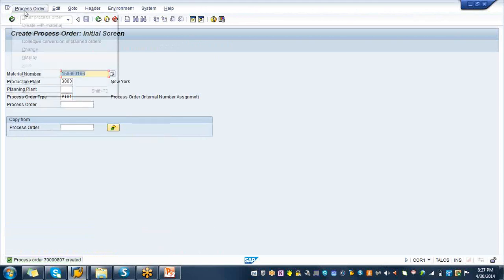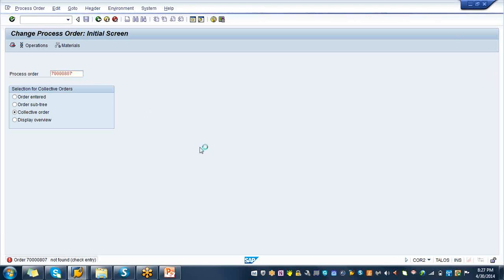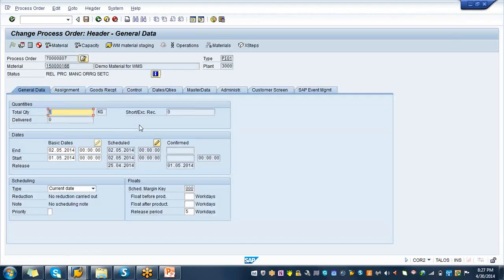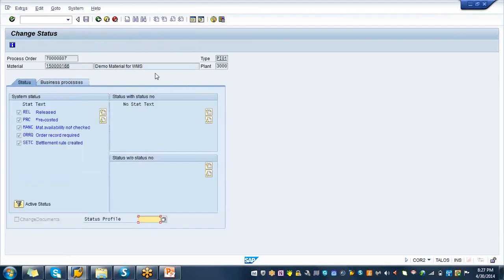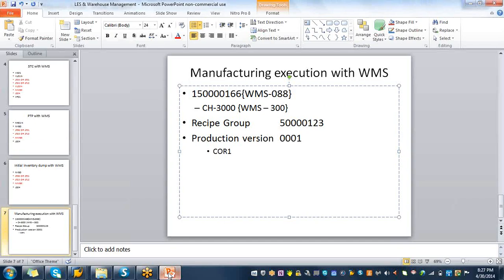Okay. Process order change. That's the number. Enter. It's not been saved. Yeah, there is a little delay in the update. And if you take a look at the status right here, from here you know that it is released. Okay. Since it is released, all you need to do is